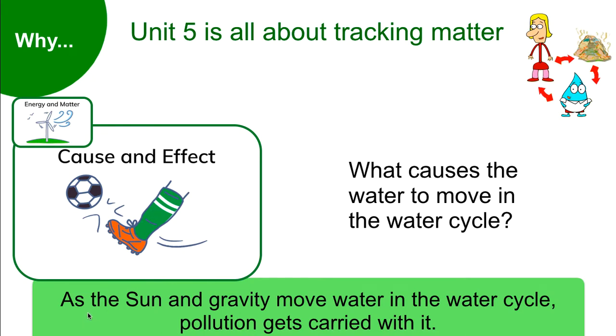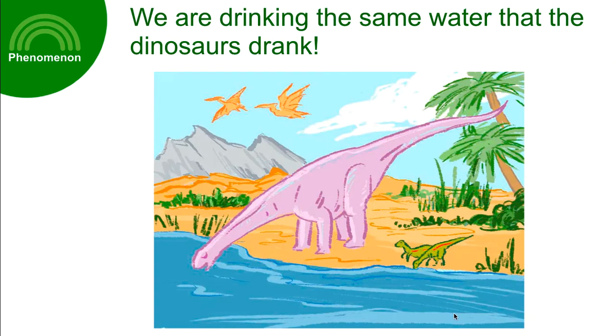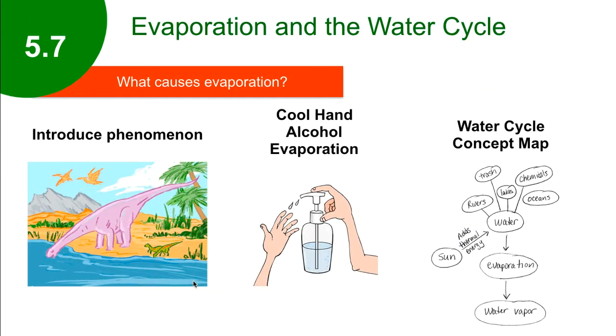And we come away with this idea that as the sun and gravity move water in the water cycle, pollution is going to get carried with it. Students confront this phenomenon that we're drinking the same water that dinosaurs drank. How can that be? We start off lesson 5.7 introducing that phenomenon,